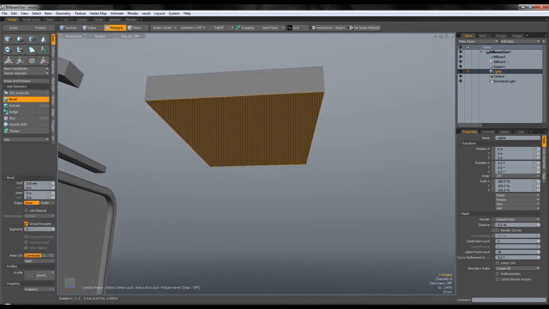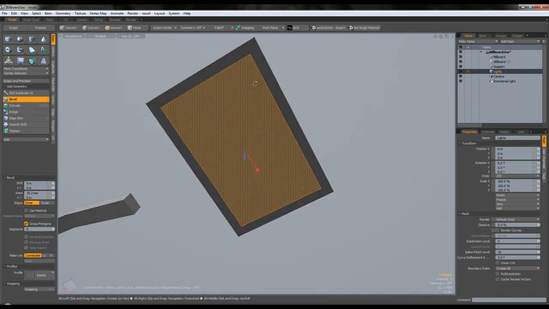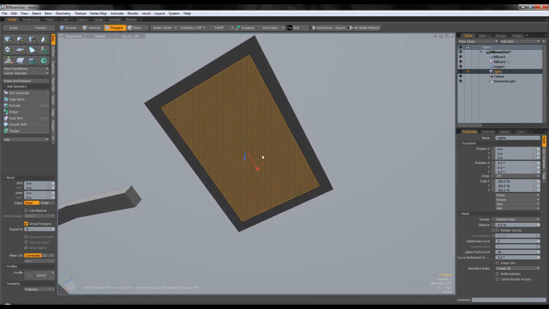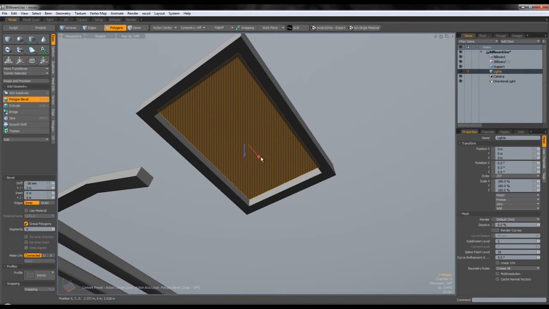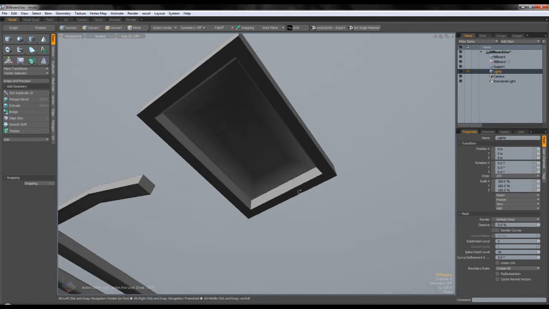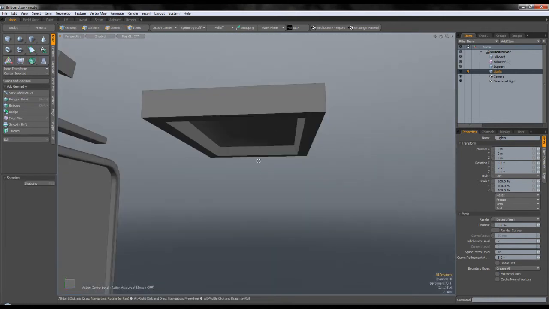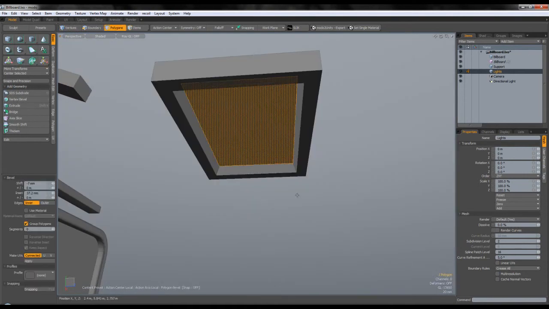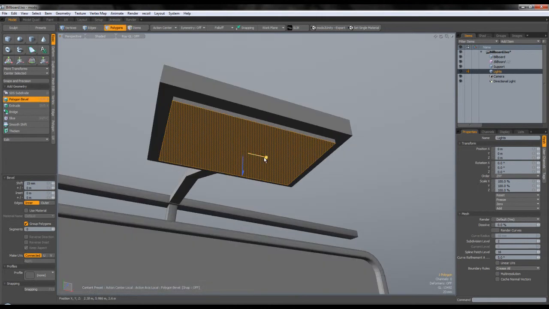Okay, so maybe inset like that, shift click, and we're gonna make some type of a round thing in here. Okay, or actually no, because we're not gonna do anything in there. We're gonna go outside